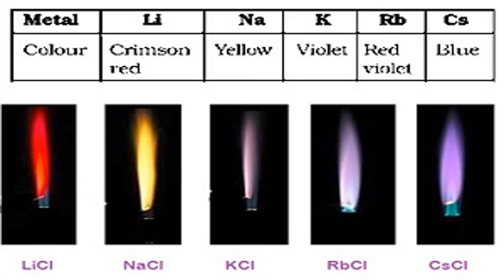I told you in the beginning, they show some general properties, and they also show some particular properties. Now this is the flame test. Whenever you put alkali metal compounds into the Bunsen burner, they show different colors. These different colors are because of what? The outermost electron will jump to a higher level. When it goes to the higher level and falls back, it gives out a certain amount of energy in the form of wavelength or frequency, which falls in the visible area of the electromagnetic spectrum. That's why they look colorful.